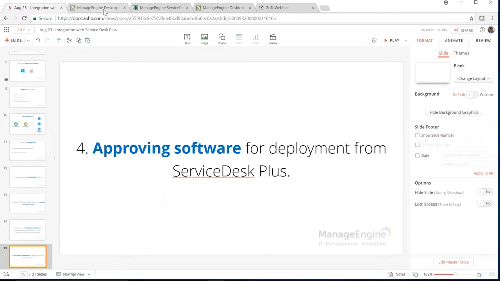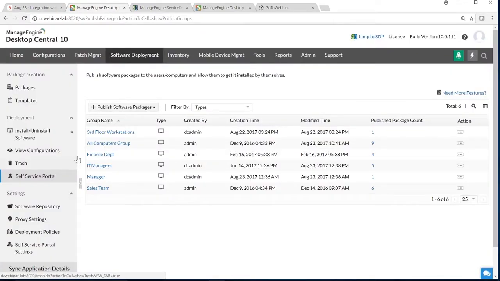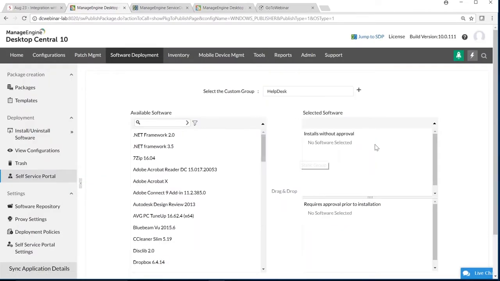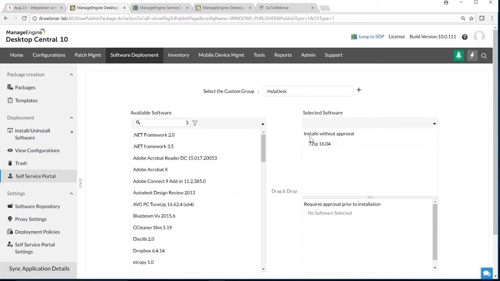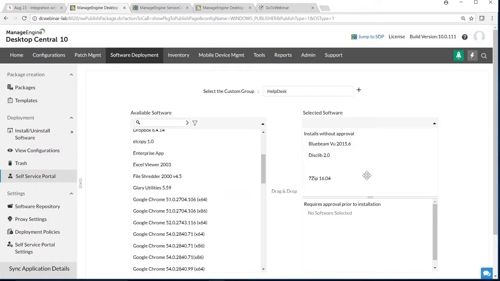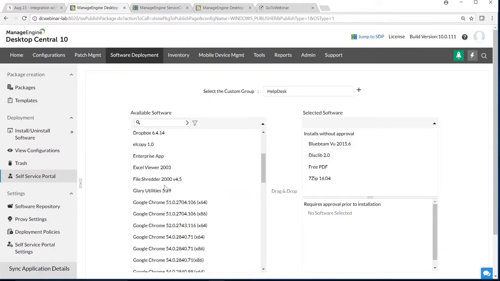I will just go ahead and create another publishment here. So let's say I choose the same, but this time I choose a different team, the help desk team, for example. So I put all the freeware applications to be installed without approval. So they don't have to request me for these applications. If they want, they can go ahead and install it. But